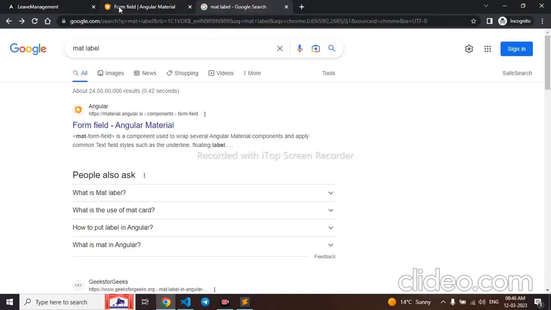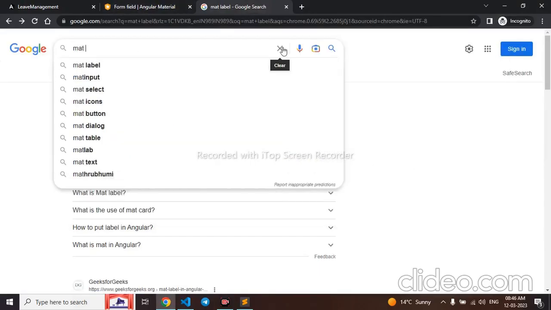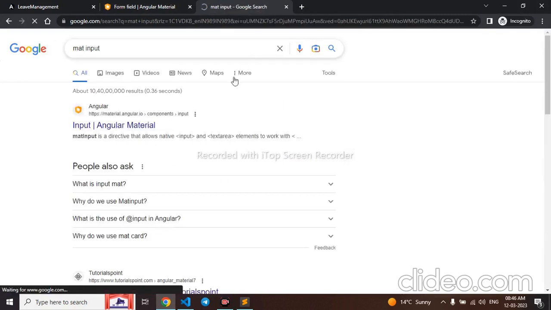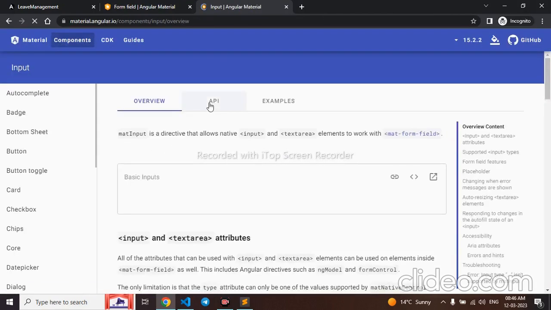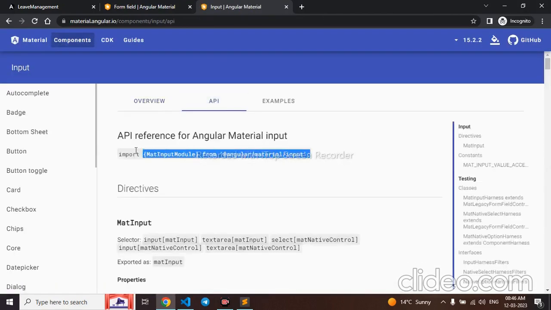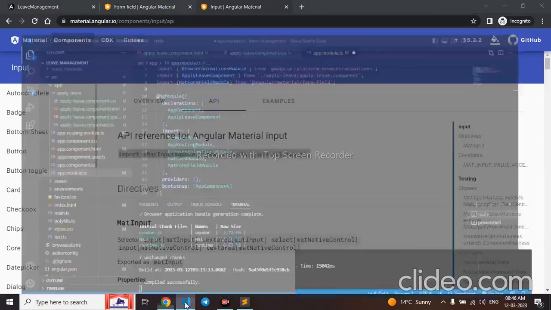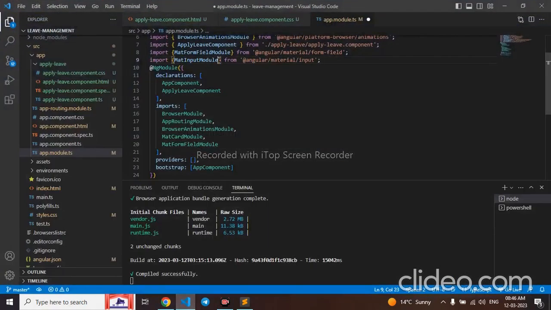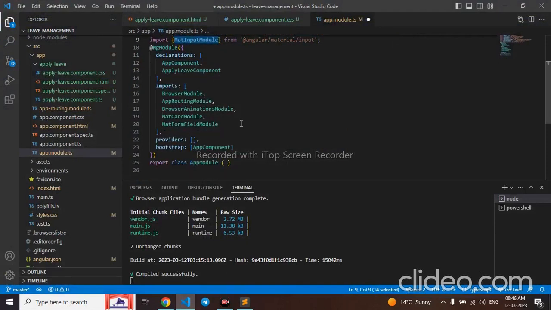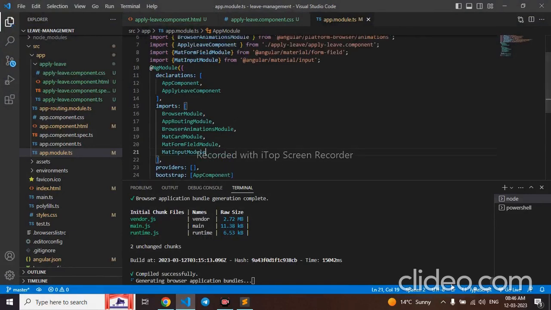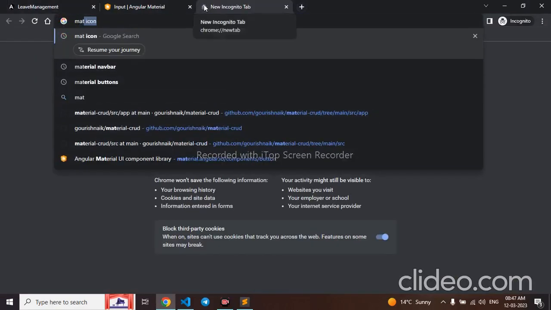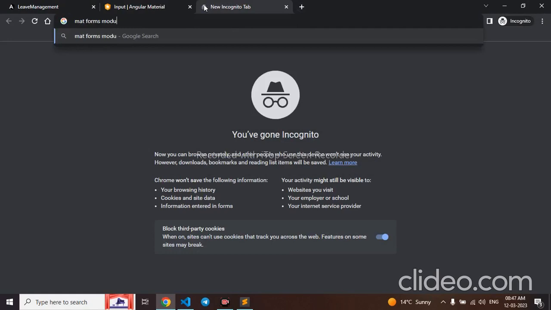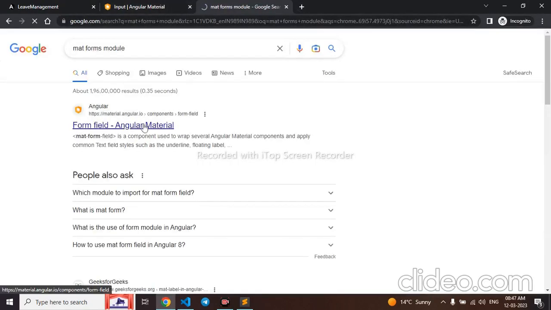So we need a mat input module actually. Mat input I'll give. Go to the first link. Copy this. Paste here. And save. So again going back. Mat forms module. First one I'll go